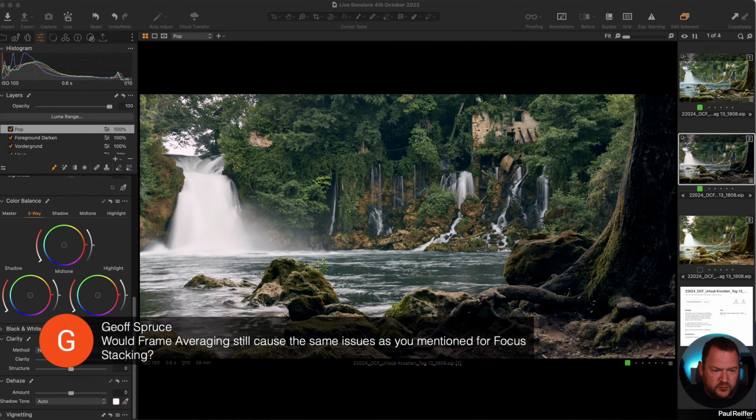Jeff, would frame averaging still cause the same issues as you mentioned for focus stacking? No, because with frame averaging, what you're getting is that data being averaged or meaned out. Let me actually be clear. It can, but as long as you frame average for long enough, that's the effect of the smoothing that the averaging does. So if a cloud is moving across the sky, if you're not careful, the cloud's moving really fast